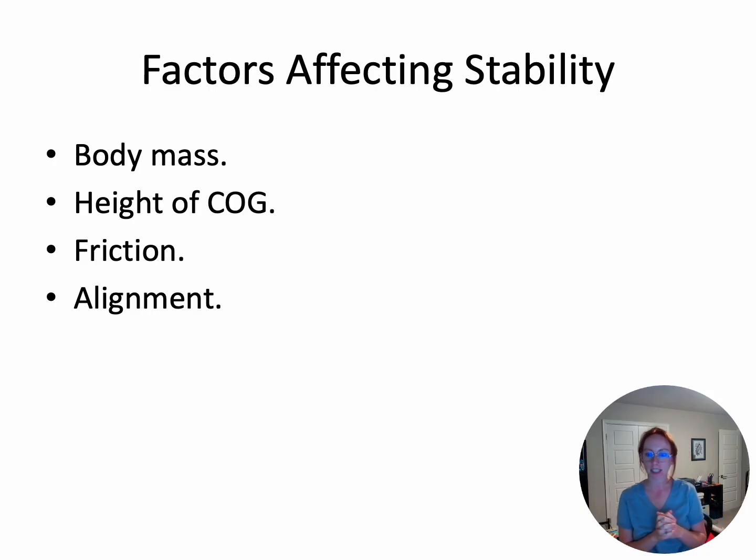Friction affects stability. Friction is the force that results from the resistance between the surfaces of two objects moving against each other. So whether you are running on ice or running on cement. When you are running on ice, there is reduced force, there is reduced friction. Or running on cement, a hard, smooth surface, that increases the ground reaction force, and so